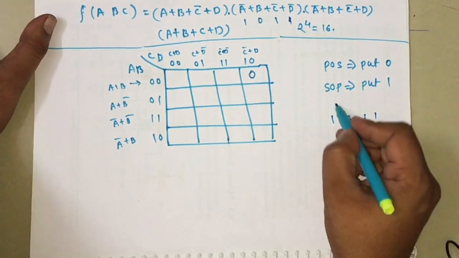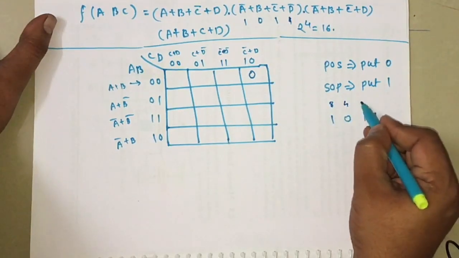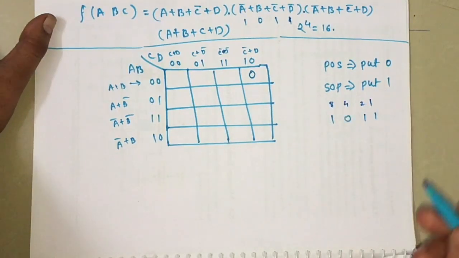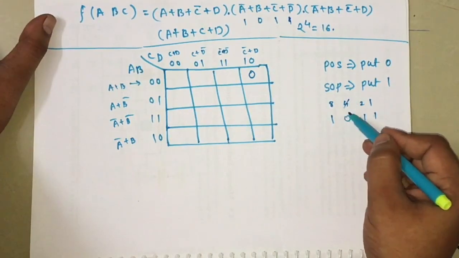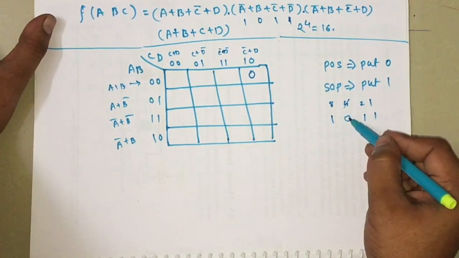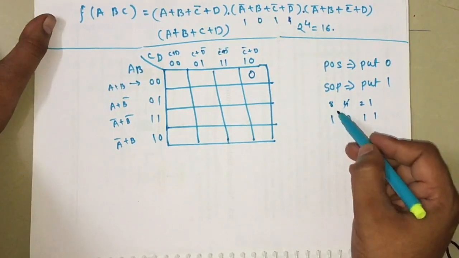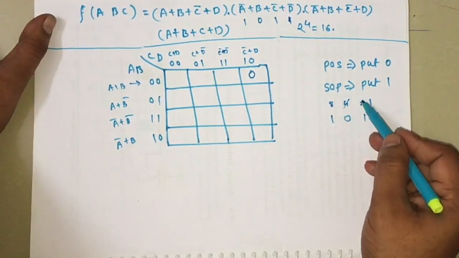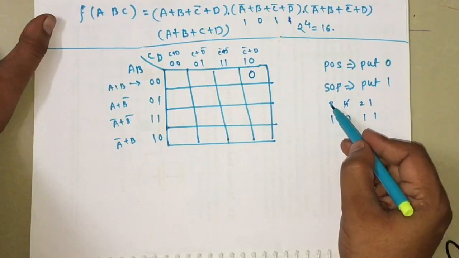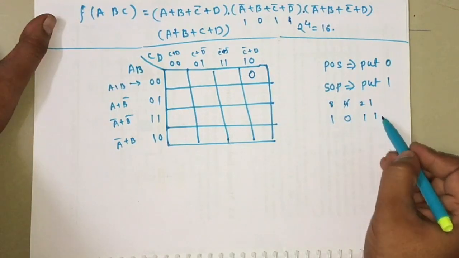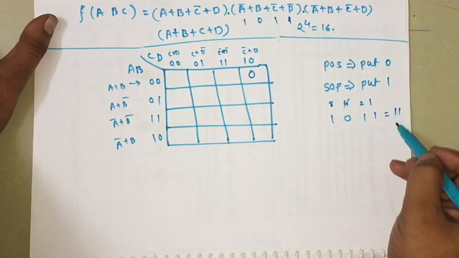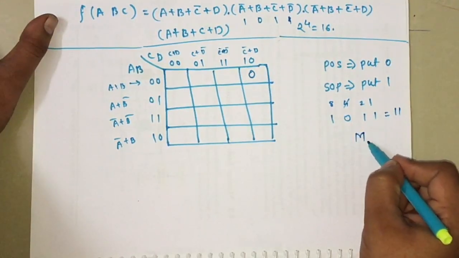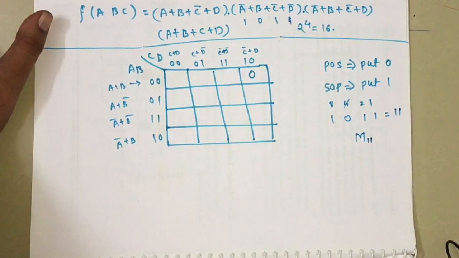So by using 8421 format, you can convert it into a decimal value. So here 4 is absent, and these 3 terms are present, means that is 8 plus 2 is 10 plus 1 is 11. So that is the code for 11. So for M11 square box we need to put 0.